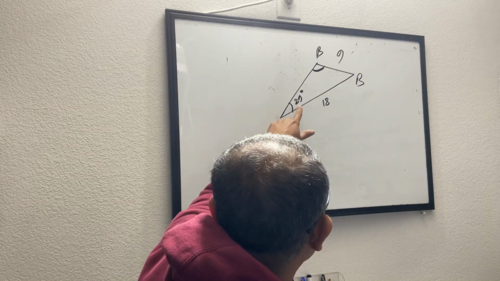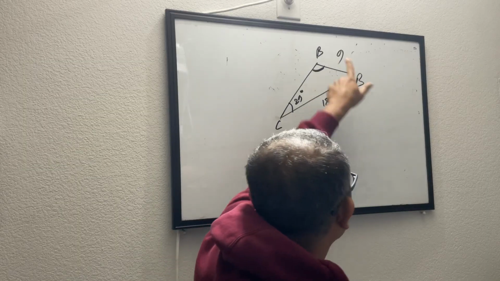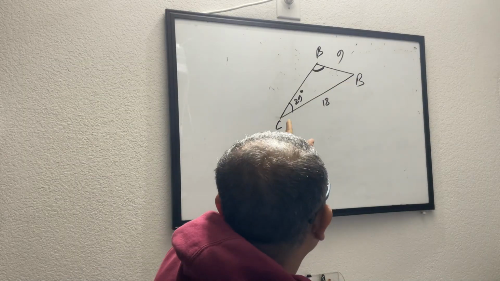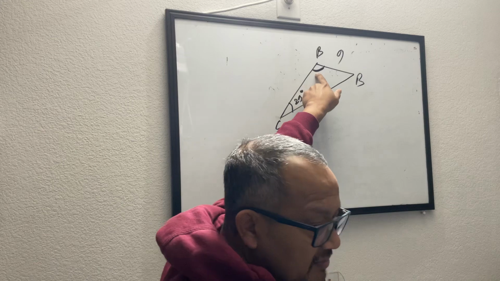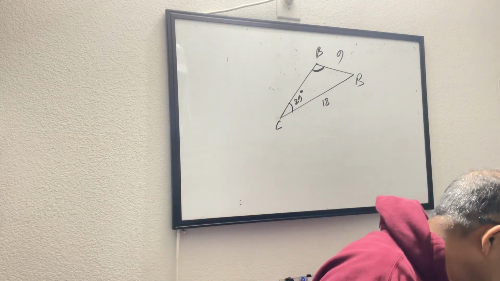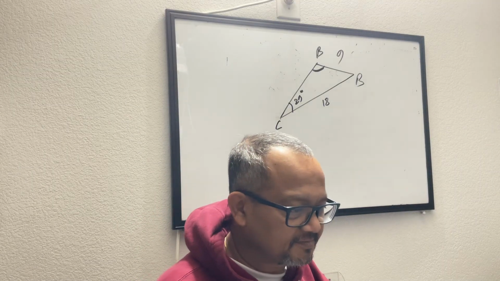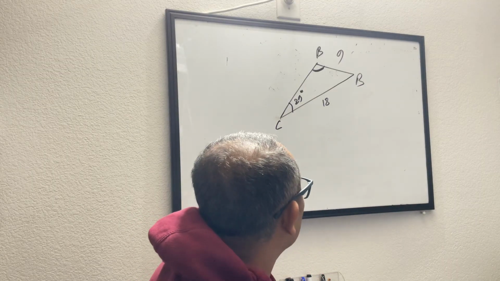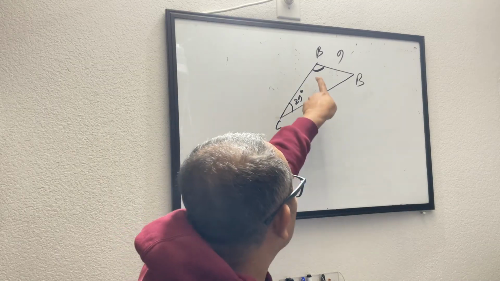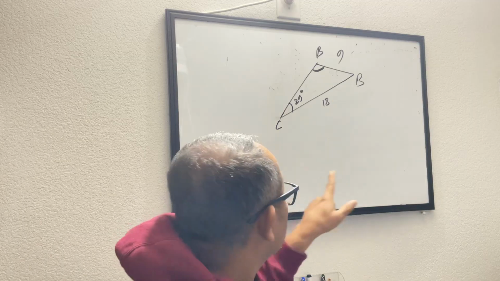So you only know this angle is 29 degrees. This side is 18, this side is 9. We have been asked to find out the measure of this angle B from this information. How can we find it out? So we're going to find B, this one, angle B. Well, using